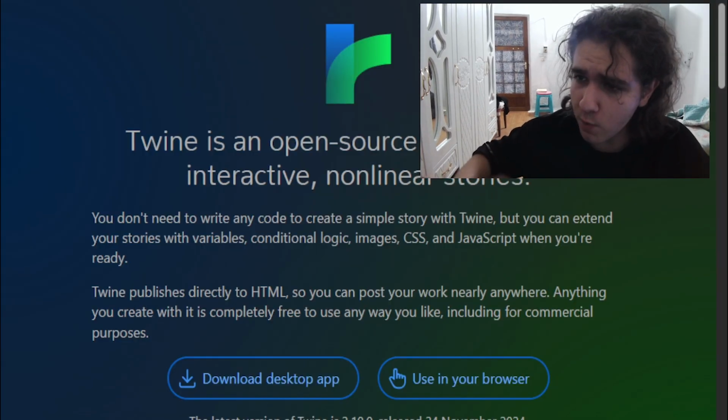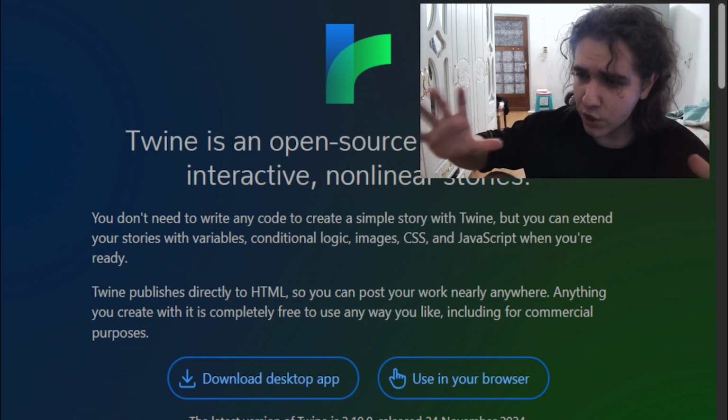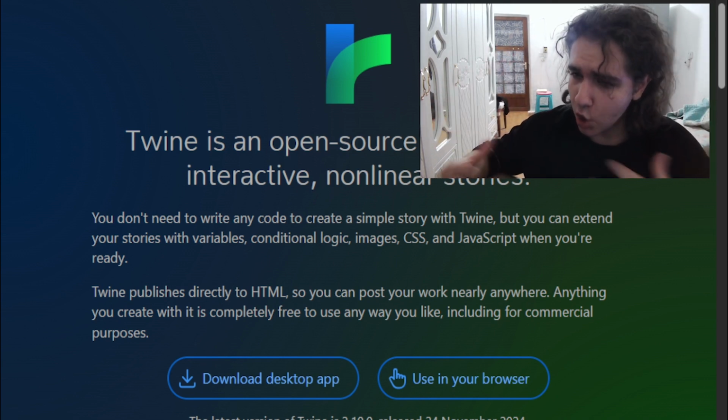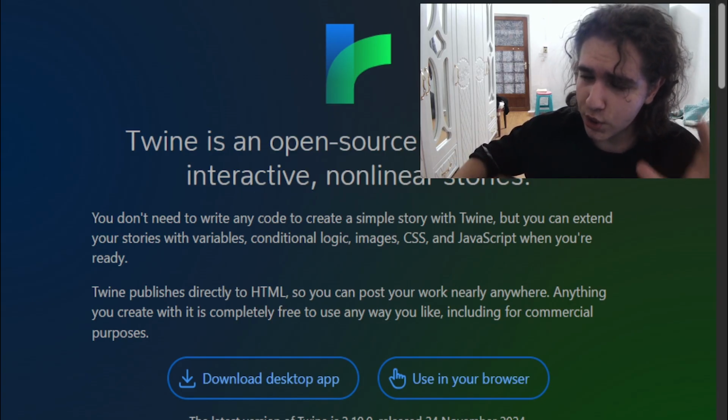Again, for story building, just like we said in the previous episode, definitely go and check it out if you want to build a very good story. We have Twine, for example, which is very much used to visualize the story that you are going for and the narrative design of your video game. It's open source. It's a very amazing tool. You definitely want to use it and try it out.